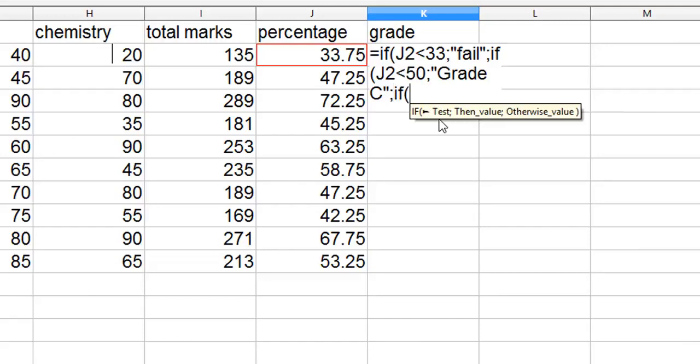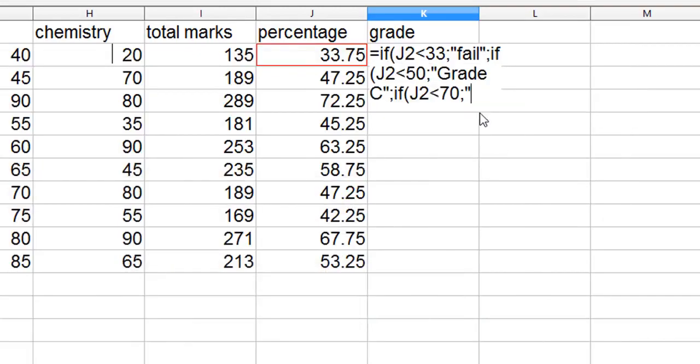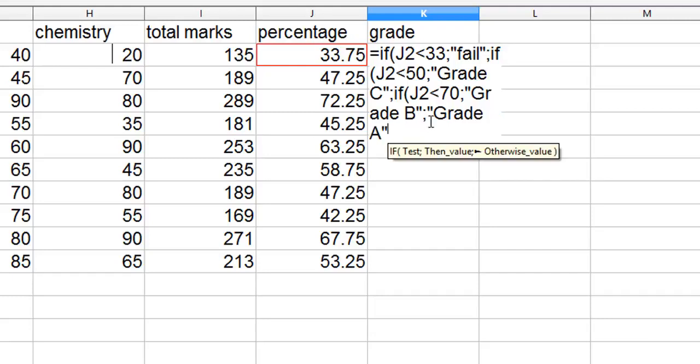If this percentage is less than 70, then we have grade B. Otherwise we have grade A. So I'll go here. If it is less than 70, then I say grade B. Otherwise I have grade A.